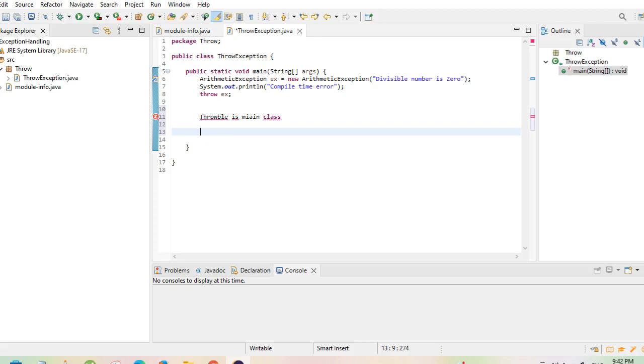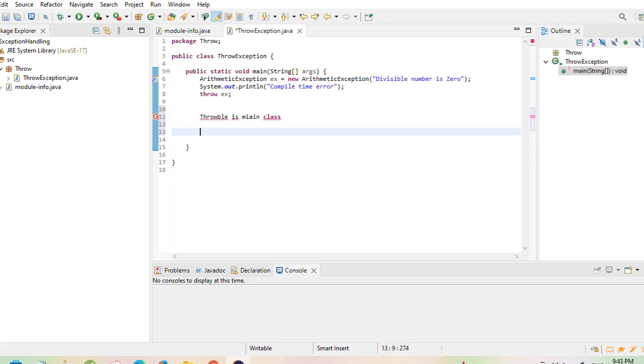You need to use only the classes under the Throwable main class. Once you create the object or instance of a particular class, you use the word throw followed by the object, and it will throw the error.